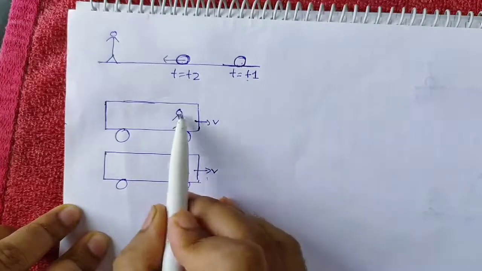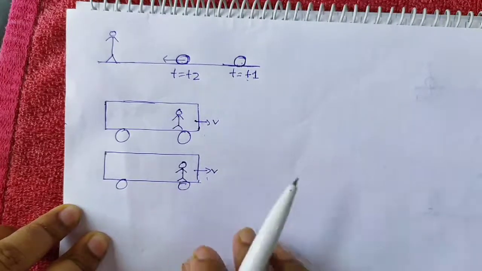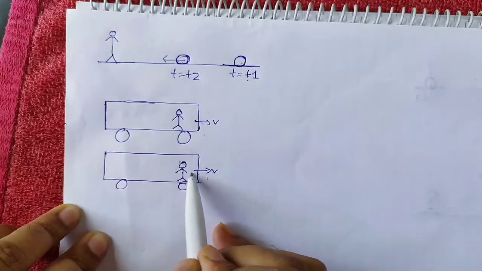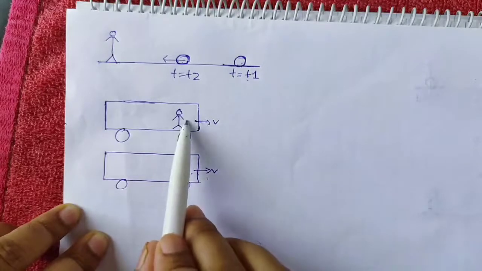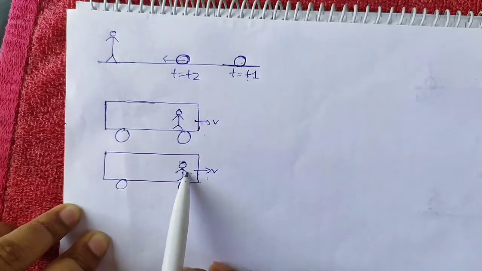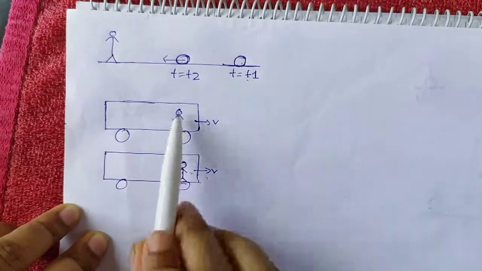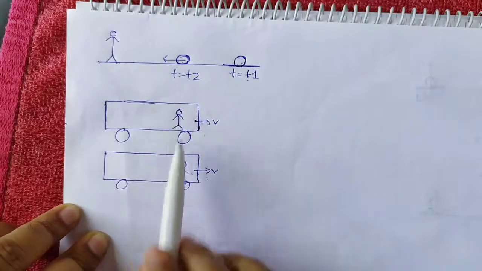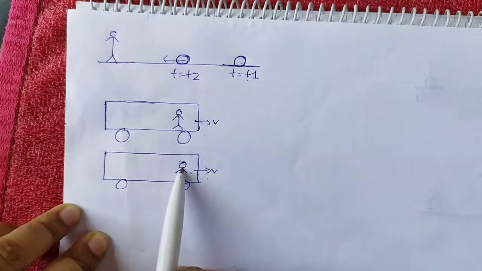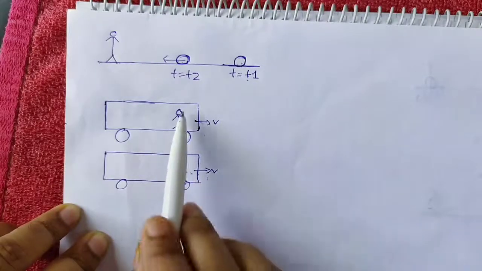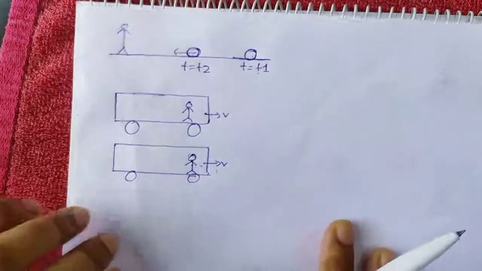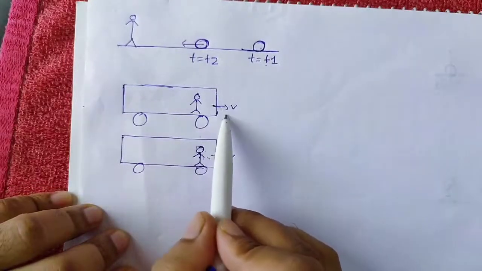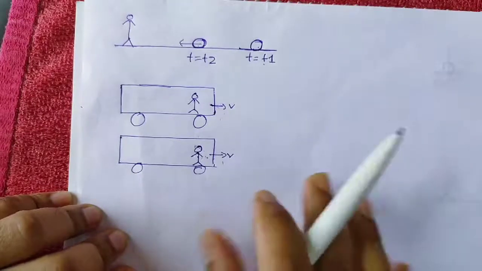This is you and this is your friend. So if you continuously stare at your friend, what will you notice? You will notice that you are at rest, or your friend is at rest with respect to you. You just continuously stare at each other. Both of you will find that you are at rest. This is the case, but in reality the bus is moving. Do you see the difference?